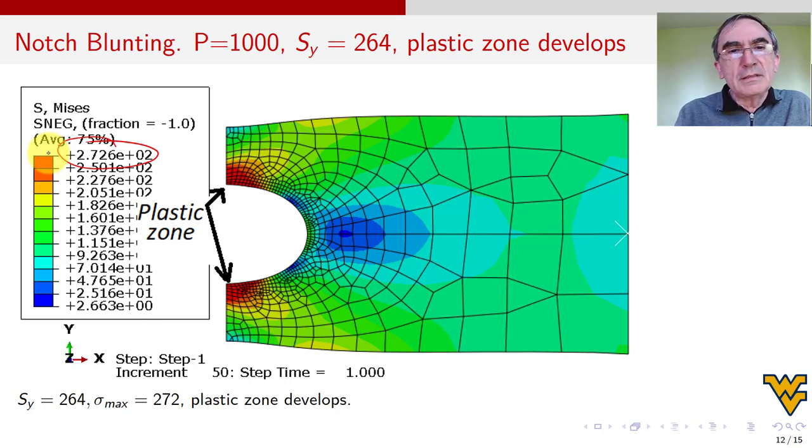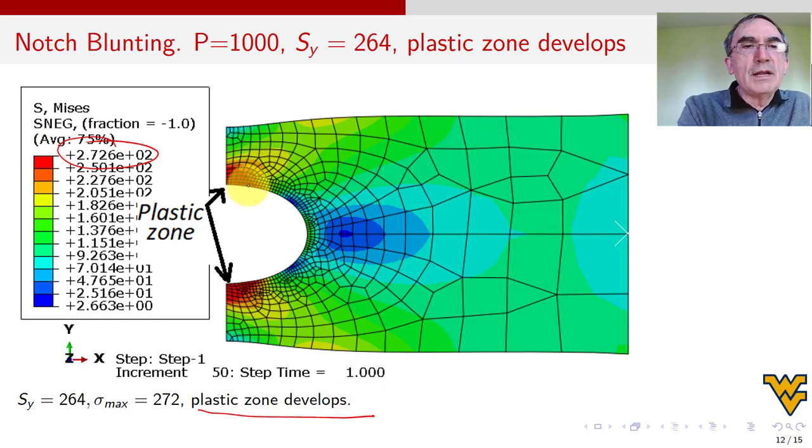Well, you know what happened. The material yields, and the notch is blunted, and the stress concentration disappears. Okay? The plastic zone develops, and it's more or less in this red area because that's where we had 272. Yes, it's a small area, so that's why I say that it's hard for this area to propagate to the entire cross section. In which case, yes, if you propagate it, then it will fail. The part will fail.